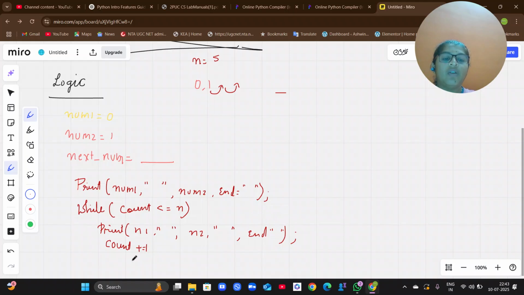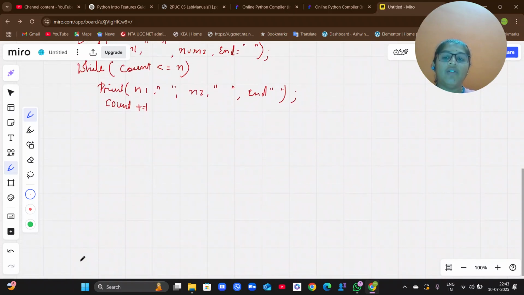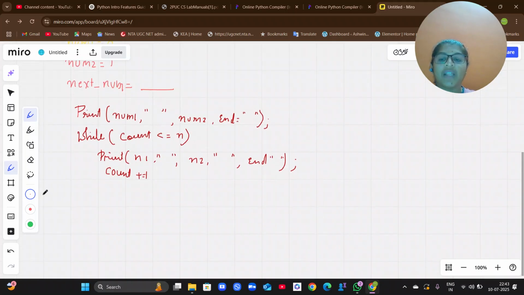So next, I'm going to assign my new values of num1 and num2. So num1, num2 is equal to num2, next number. Why have I given this?